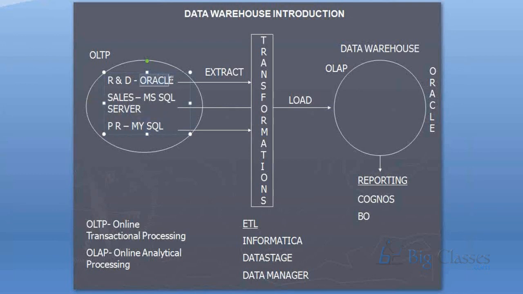Now, these individual databases are called operational data sources, or operational source systems. The total thing is the source for our data warehouse. Now extract the data from the source system and put it into a temporary database called the staging database, and apply transformations on top of the data that you put in the staging